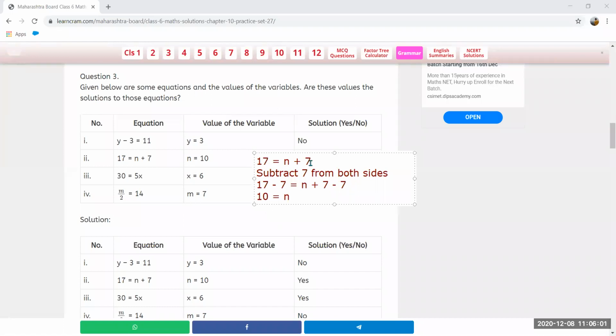Okay. Now 17 is equal to n plus 7. Now here plus 7 is there. So we don't want the 7 with n. So what we are going to do? Subtract 7 from both sides. अगर हमारा साइन अपोजिट होता है प्लस और यहाँ पे माइनस आता है तो प्लस 7 माइनस 7 कैंसिल हो जाएगा और हमको हमारा n का वैल्यू मिलेगा. इसके लिए हम दोनों अपोजिट साइन यूज करते हैं अगर हमको कोई भी नंबर रिमूव करना है.